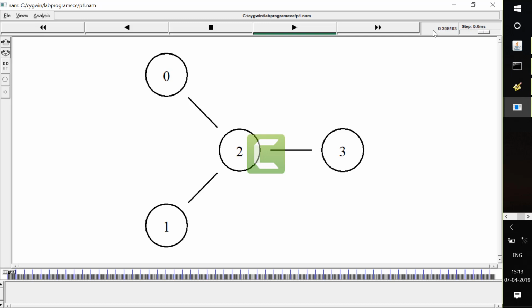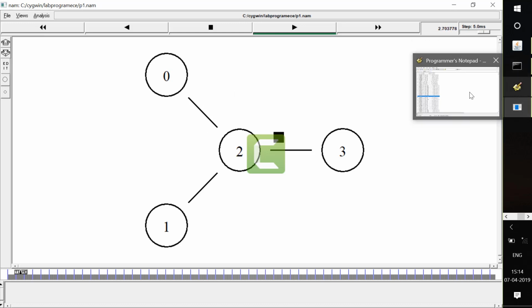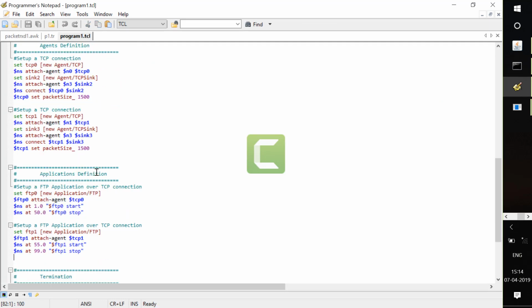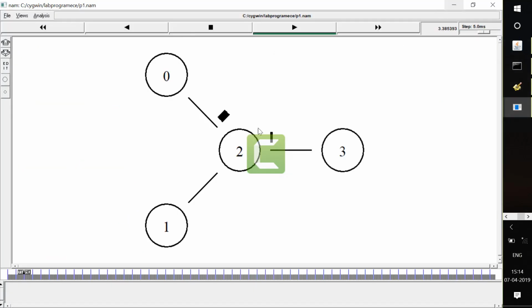As we have started, we have initialized the value 1 here. The packet has to be started, 1 from node 1, second from node N0. You can see that the packet is transmitted from N0 to N3. So this small packet that is going out from N3 is the acknowledgement packet. This is a data packet. This will continue till we have assigned a value from 1 to 50. So after 50, node 1 will start the packet transmission.